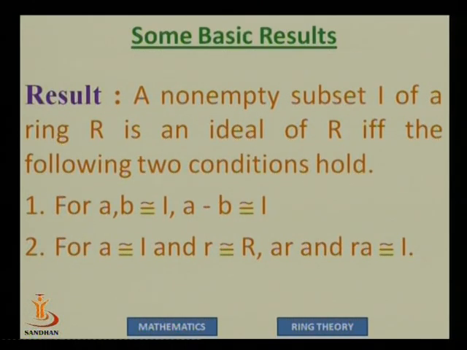So again, actually ideal has so many properties to be proved because ideal is an extension of a ring. But fortunately, if it is a non-empty subset of a ring, then we don't need to check all the properties. We check these two properties only, and if these two properties are satisfied, then we say that I is an ideal of R. We can see that the first condition is the same as the condition of a subring also. Only the second condition is different.